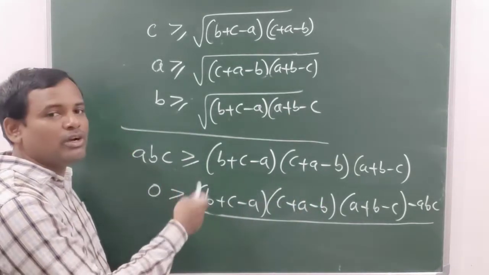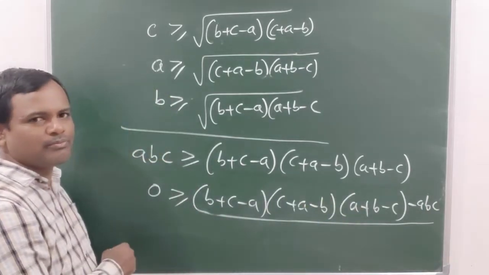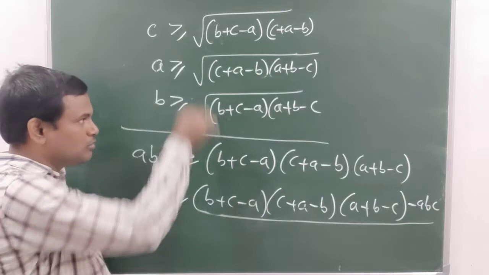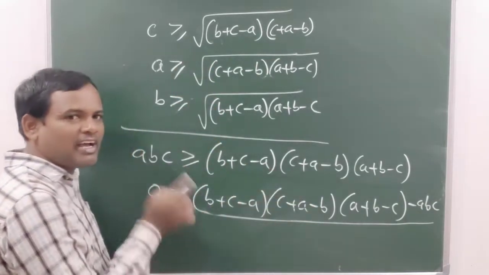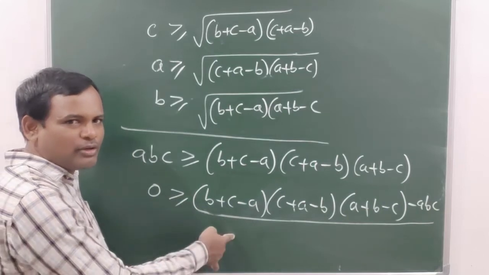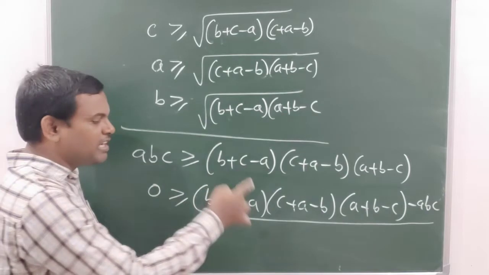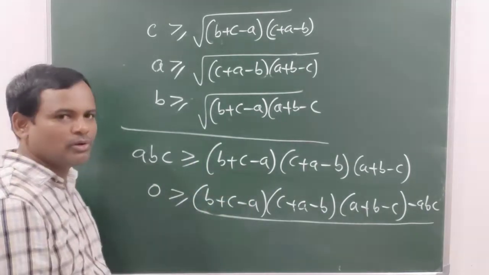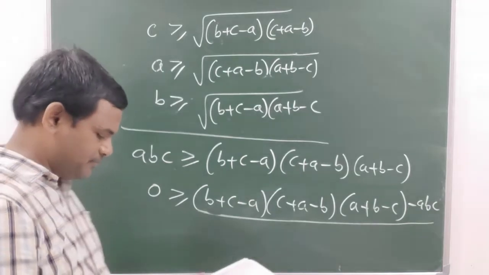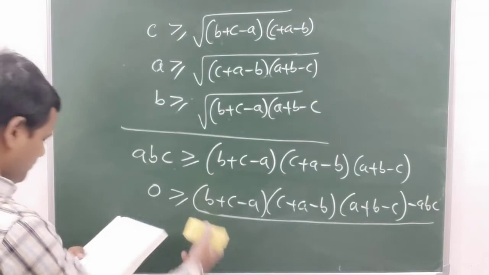So what do you comment on the sign of this quadratic expression? Negative. Through this solution we have got this expression result as either 0 or negative, but it is never 0. So the sign of this quadratic expression is negative. Okay? Right. Next, let us go to one more application.